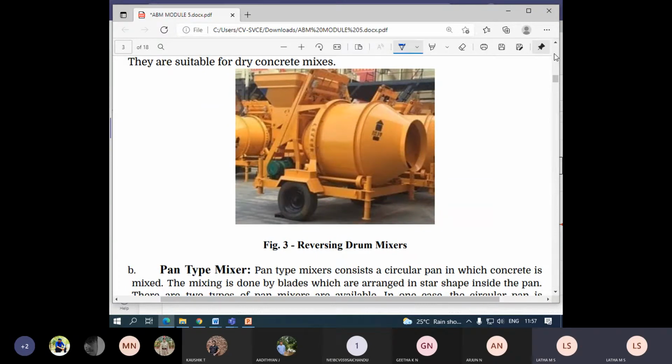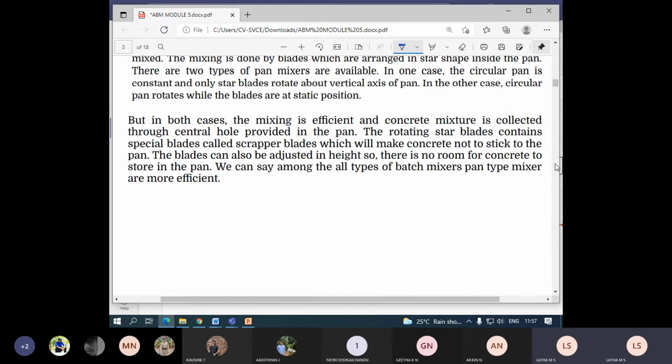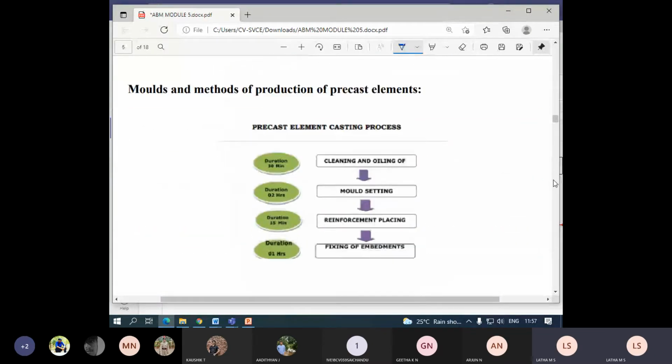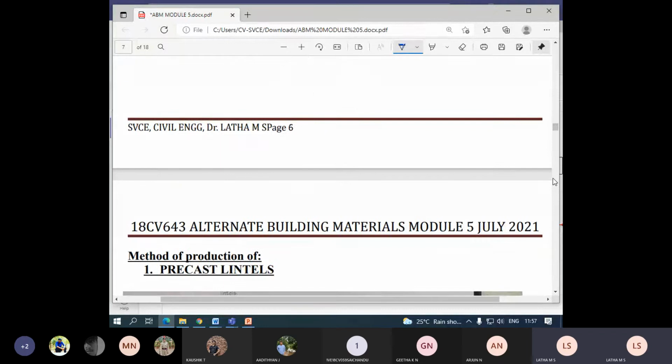The whole subject started with the type of construction, and in between we came across the different types of materials to minimize the cost of construction. Many techniques also we came across. So we learned many things with different elements of building construction, and towards the end of the module, we have to identify